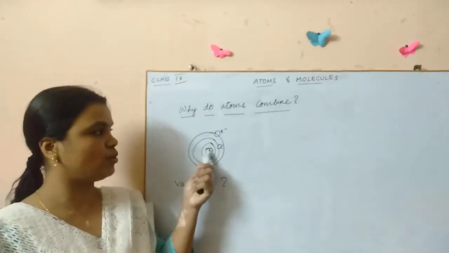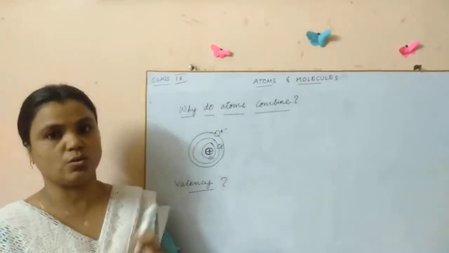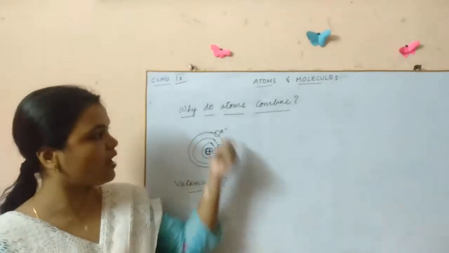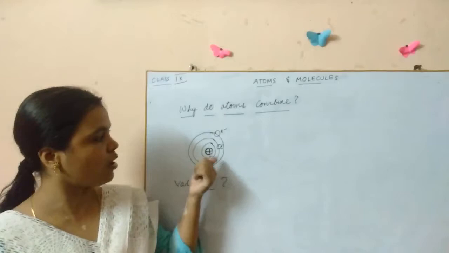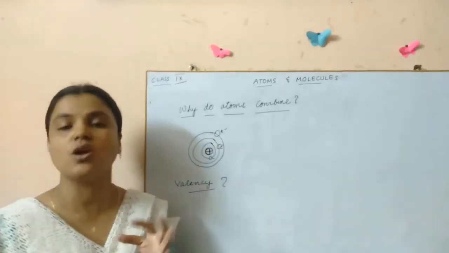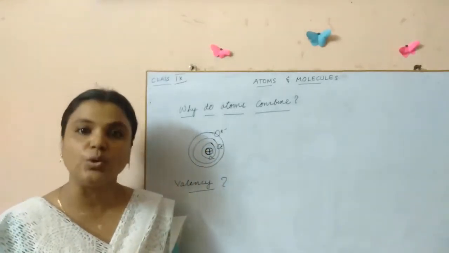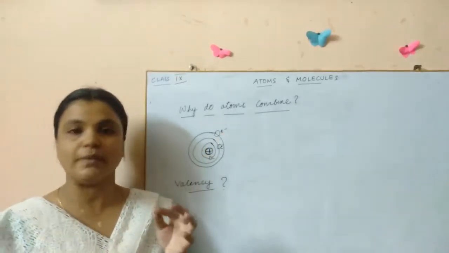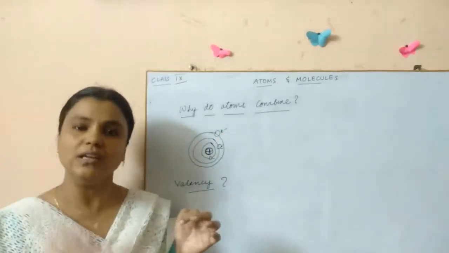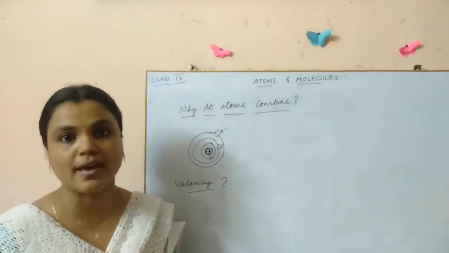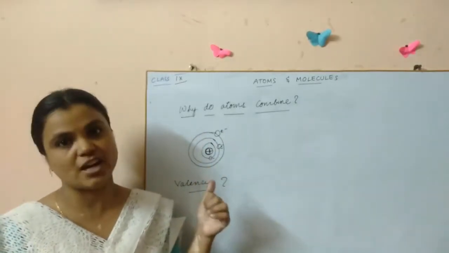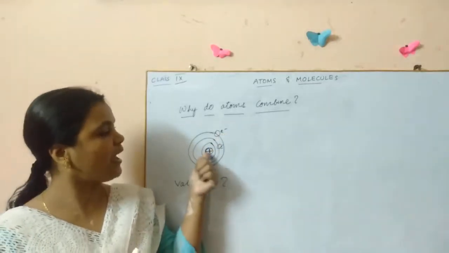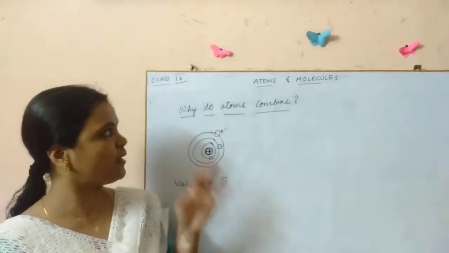So this is a nucleus. What is around the nucleus? You can see that there are many orbits or shells around the nucleus, along which the electrons revolve around the nucleus. The electron has some velocity, some speed, with which it revolves around the nucleus. And what charge do they bear? They bear negative charge. So electrons are the negatively charged subatomic particles and protons are the positively charged particles. We know this.